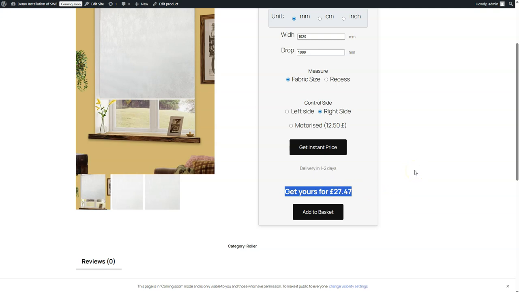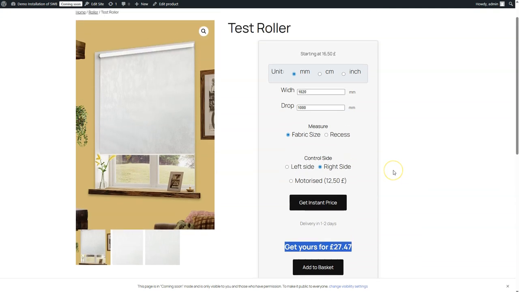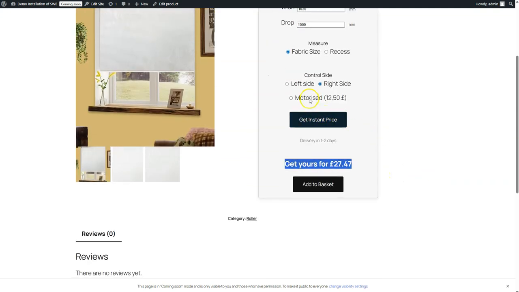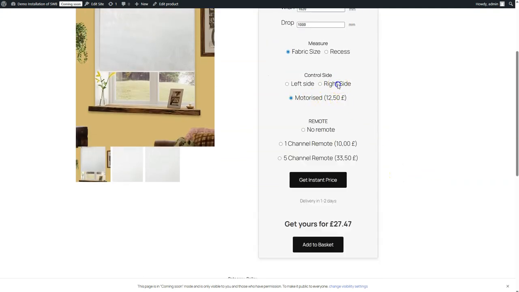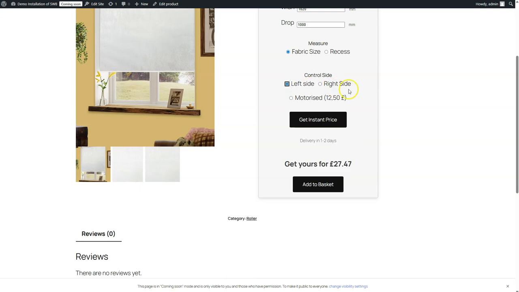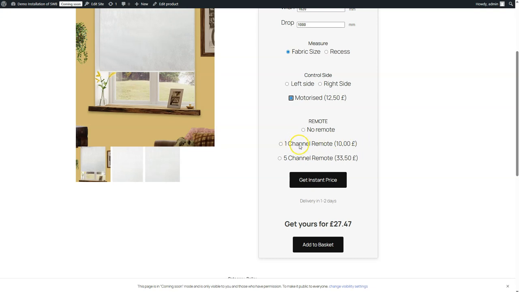But as you remember, we also did some dependable options. In our case, we had the motorized option, and as you remember, right side, left side doesn't show anything. However, if we click motorized and we also choose a remote, we get a different price because based on our price grid, it's going to add the motorized option plus the remote. So if we change that, it's a little bit more expensive. We can add it to basket